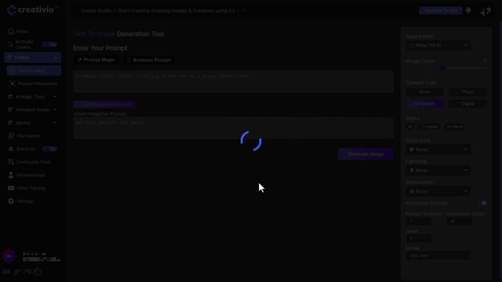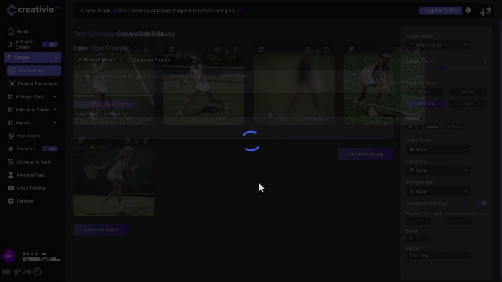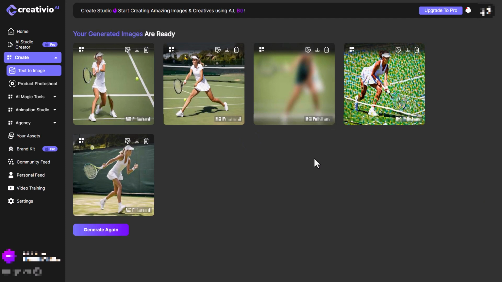So actually I'm generating images as I've picked an image count of 5. So bearing in mind it created 5 images, then that's actually quite good, the length of time it took. Now for each image, we can view the image bigger, we can edit it, we can download it, or we can delete it. So this one is not very good. That one, there's nothing wrong with it, but it's not what I'm looking for. None of them are volleying at the net, which is interesting. This is a waste of a generation. So I'm going to click on edit this one. I can't edit it because I need to upgrade to a Pro license.